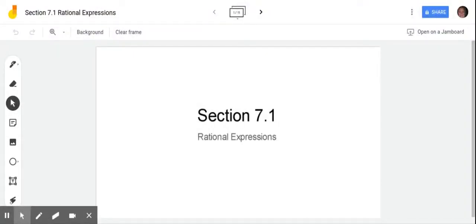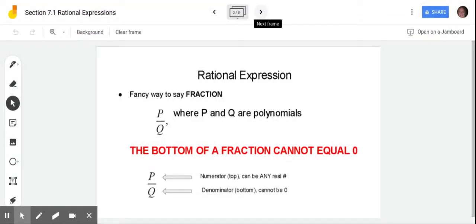Hello, and today we are going to cover section 7.1, rational expressions. A rational expression is just a fancy way to say fraction. In this case, though, the top of the fraction and the bottom of the fraction, or the numerator and denominators, are going to be expressions or polynomials. So there's going to be